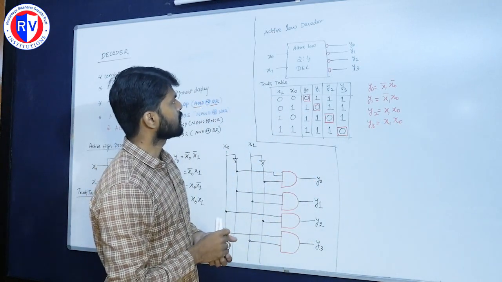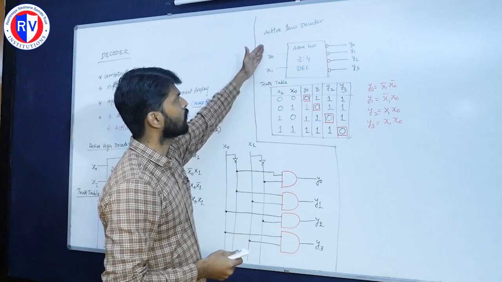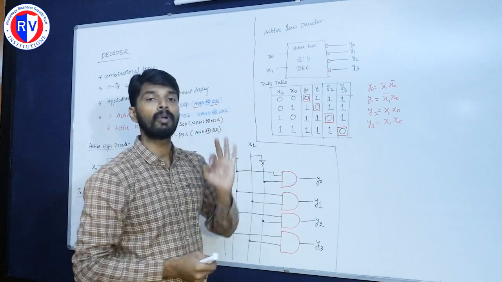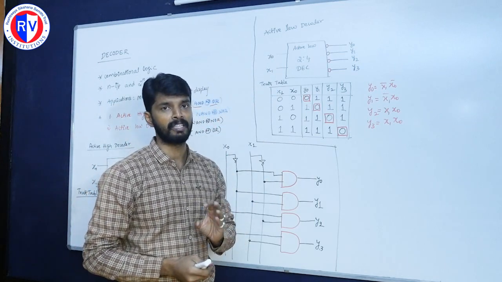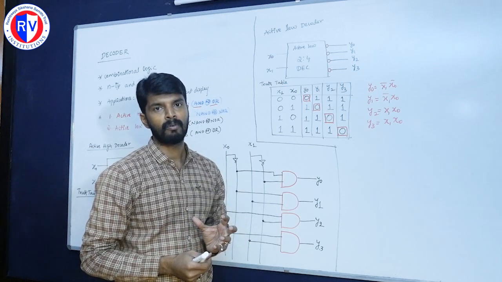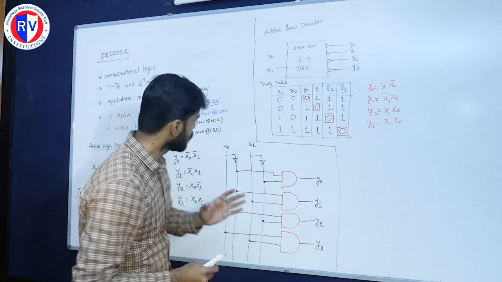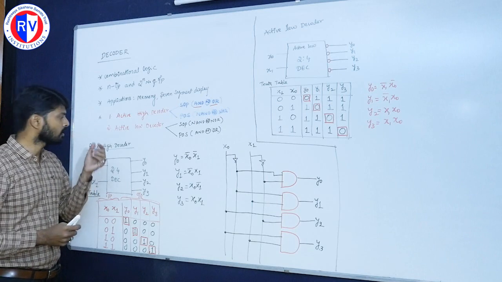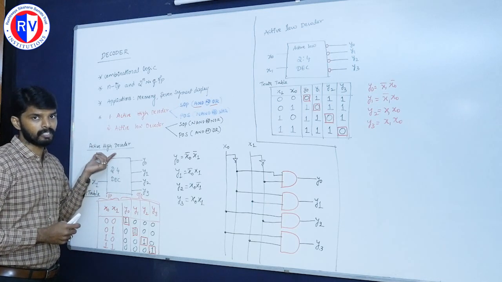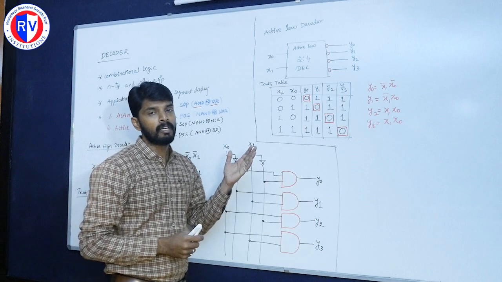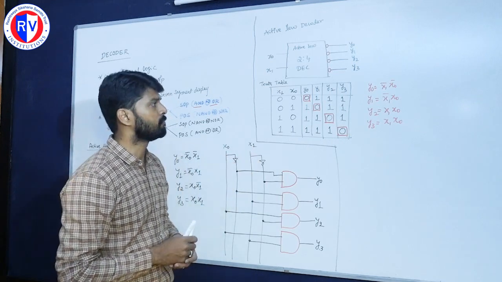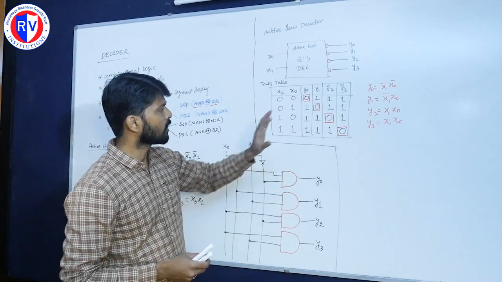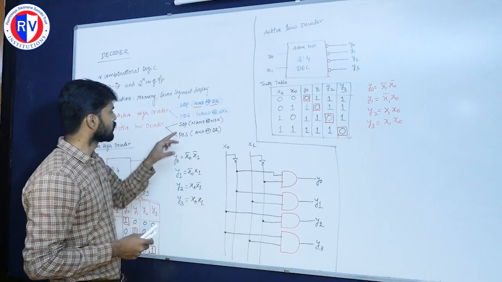Now, as I said, active low decoder is good for generating the POS equation. Remember that the active low decoder is most of the time used for generating the POS equation, and the active high decoder is especially used to generate the SOP equation. Now, in order to generate any POS equation using active low decoder, we need to use